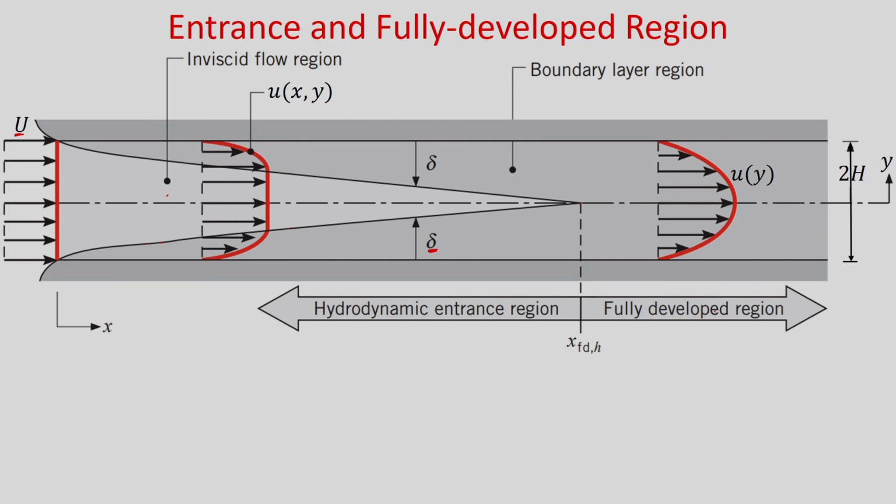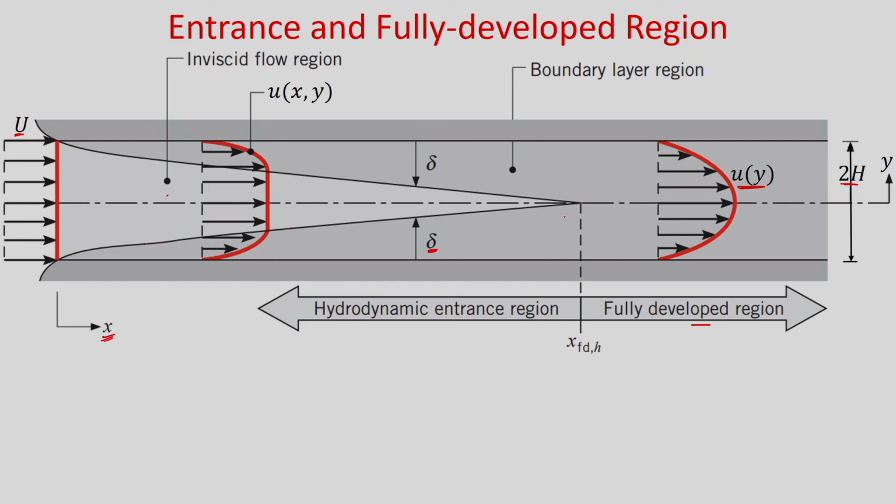So, this region is known as the fully developed region, where the velocity profile remains the same, it does not vary in the flow direction. If x is the axial direction, then in this case y is measured from the axis and u is a function of y only. Okay. And you can see if the distance between two parallel plates is 2h, then the maximum hydrodynamic boundary layer thickness will be h.